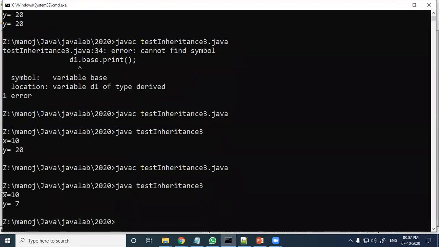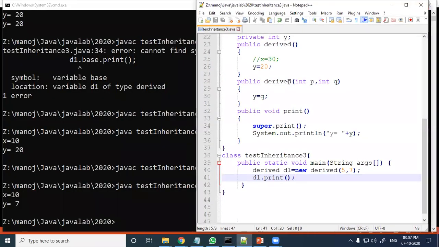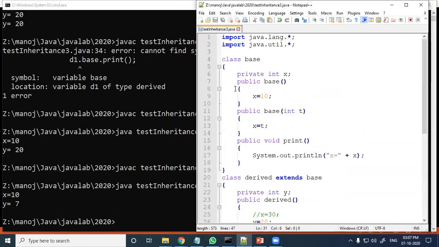Got the answer? x equal to 10, y equal to 7. Let us see. When the derived constructor with parameters is called, 10 is assigned in the base class constructor where there is no parameter.